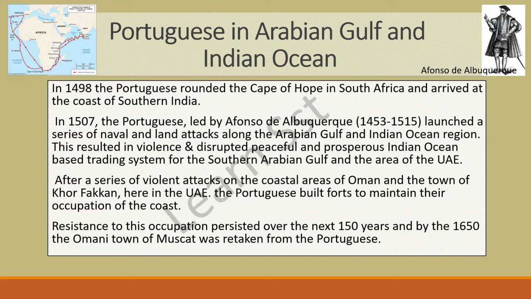So here you can find the map in which it gives us a clear view about how Vasco da Gama had traveled from the European region of Portugal. Then he came into the continent of Africa, and then from the southernmost tip of South Africa he took a turn, and then finally he reached the region of India, and that is in the region of Calicut in India. So in 1498, the Portuguese rounded the Cape of Good Hope in South Africa and arrived at the coast of